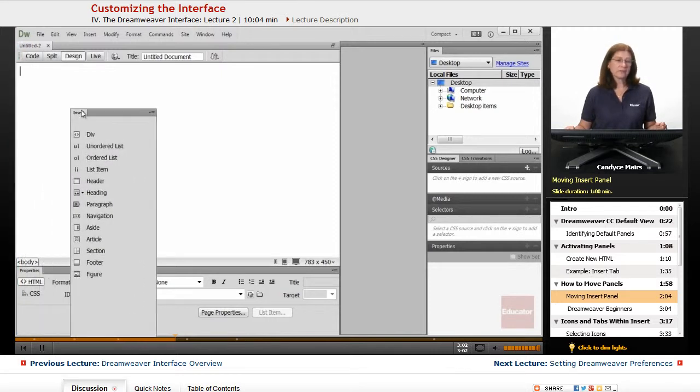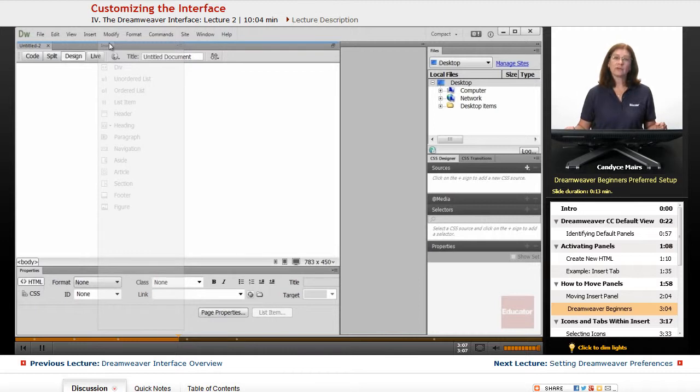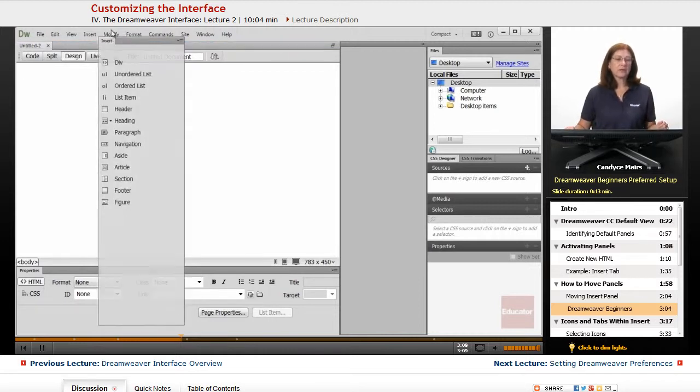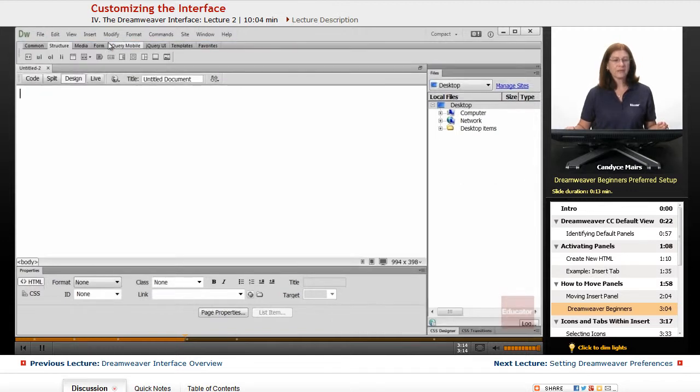What I'm going to do instead is I tend to find this insert bar. Most new users to Dreamweaver like it up across the top. So I'm going to put it directly below the menu items. When I let go, you can see there are these various icons up across the top, and within this area there are quite a few different tabs. Now the Form tab has quite a few icons in it. I'll take a look at those later, but the idea is you select the tab, then you choose the icon